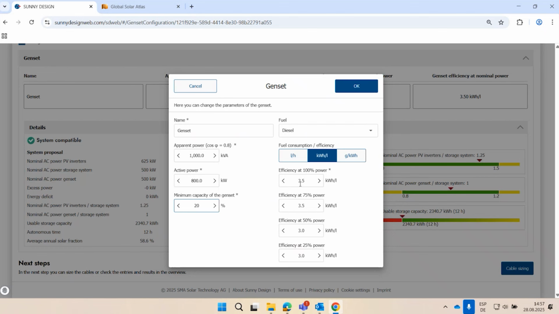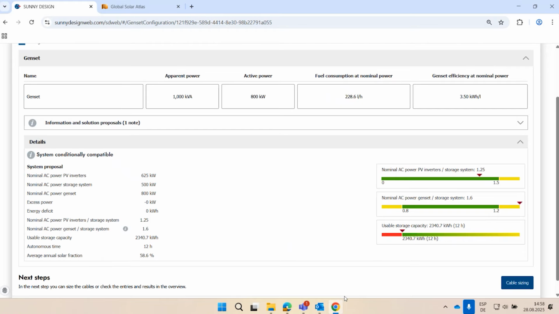I also need to adjust the efficiency, the liters I need per kilowatt hour at 100% power, 75, 50, and 25%. This is really important to adjust. Please take a look at these values in the data sheet of the generator, because knowing these values, I can calculate the liters of diesel I save. So I click OK.